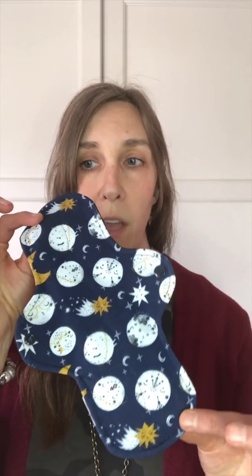for light bladder incontinence. Our standard length pads are 10 inches long, and they are available as either moderate or heavy absorbency pads. This is the most common length of pad for daytime, moderate for regular cycle days and heavy for heavy cycle days. So this is the perfect place to start if you are new to cloth pads. This length is also good for mild to moderate bladder incontinence, depending on whether you choose the moderate or the